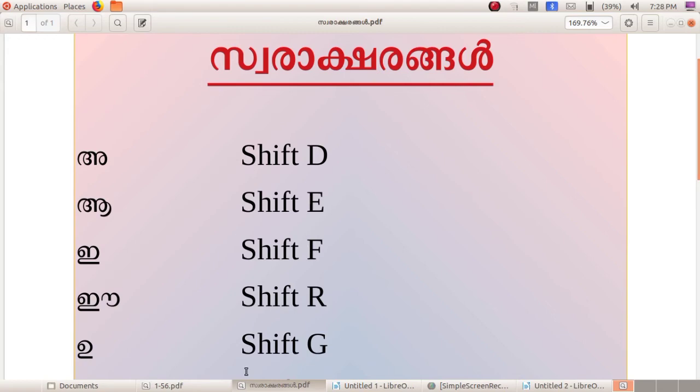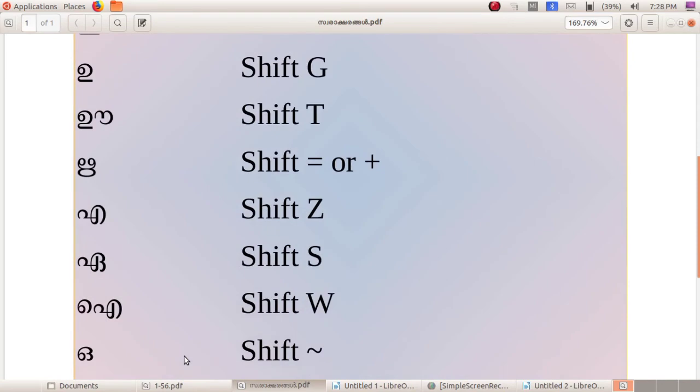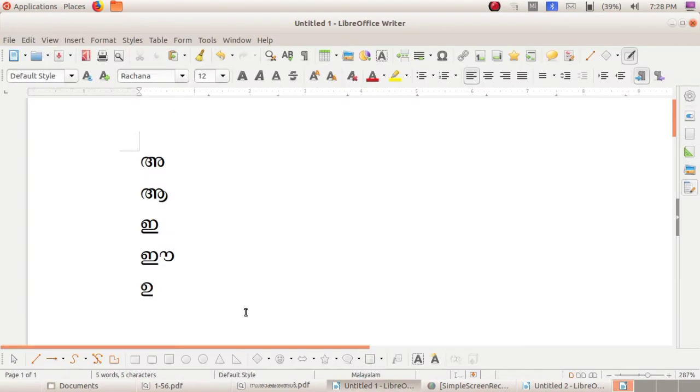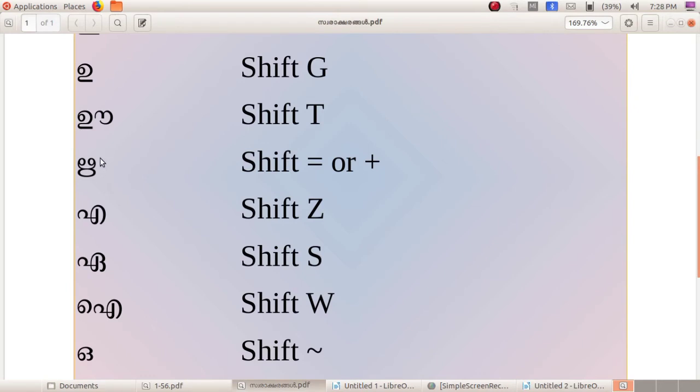Then what is the next Swaraksharam after U? Yes, Uu: Shift plus T. After that, what is this letter? Ru. So we can see Shift equal or Shift plus. Why is it given so? Yes, the plus symbol and equal to symbol are given on the same key on your computer keyboard.